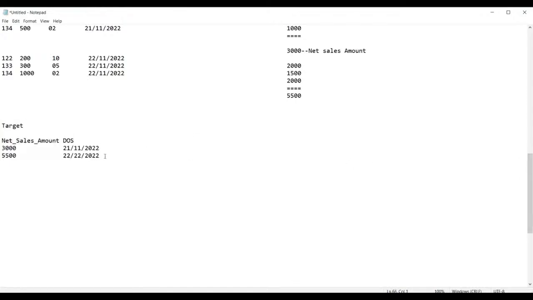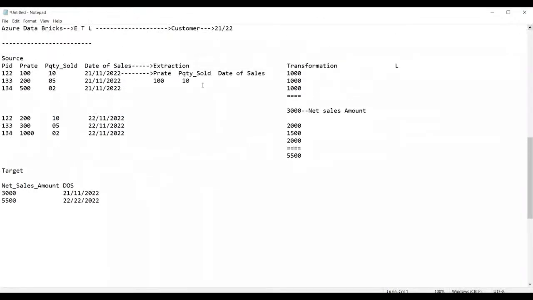This entire thing, what have you done, guys? Can you see this entire thing? What we have done is transformed this much data. This much data of two tables I have transformed into one table in a summarized manner. So this data, you can report to the customer, stating that this is the difference of sales between the 21st and 22nd day of November 2022. Am I right, guys? Everyone?